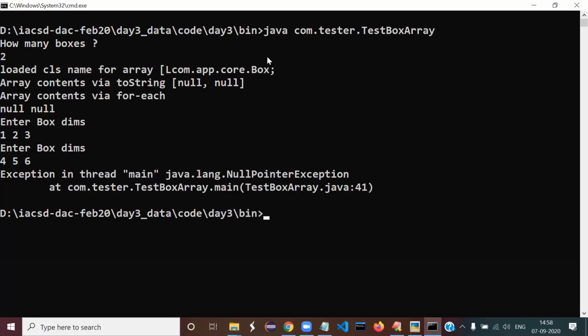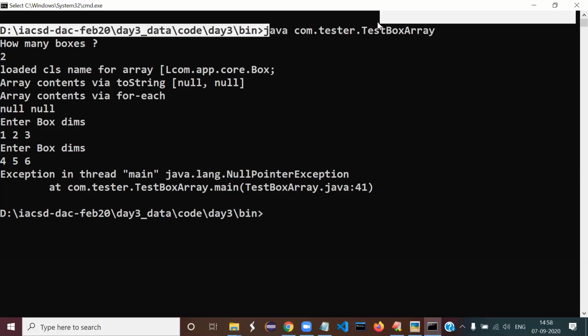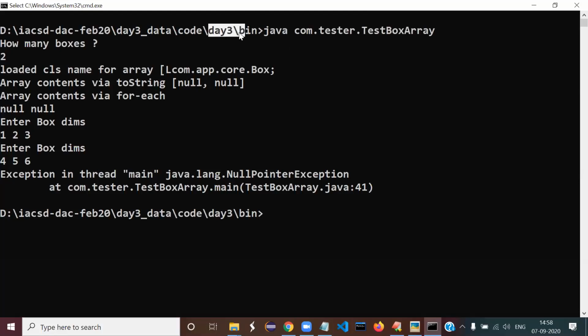Not find. Take a look at this one, Ashutosh. Anyone who is getting this, take a look at it. You should change directory to day3 bin and then run it with the fully qualified name. Your spelling mistake, uppercase, lowercase, check everything. Dots. That means you're making a mistake. Yeah, but from which folder? From which you have to change directory. Have you changed directory to bin? I'm talking to Yash, 1081, the PRN number.